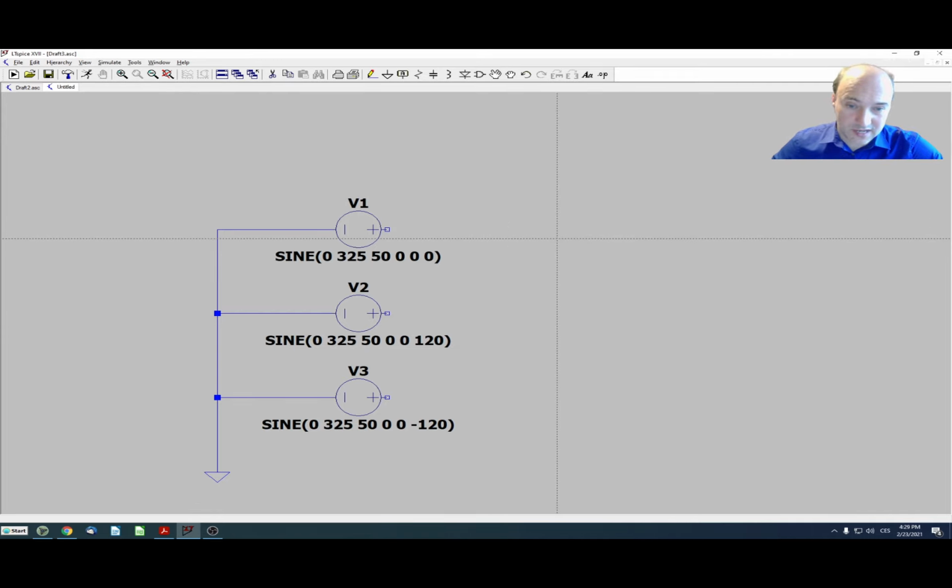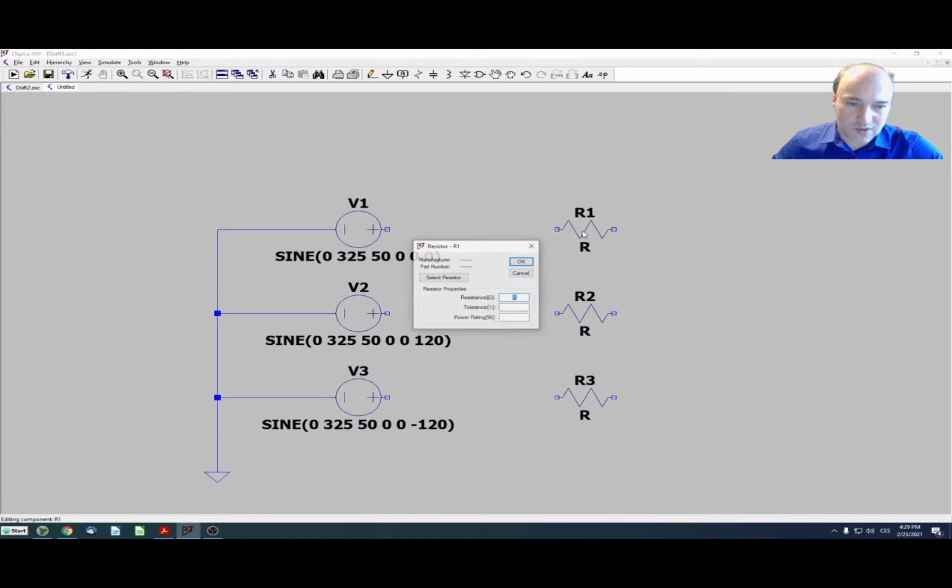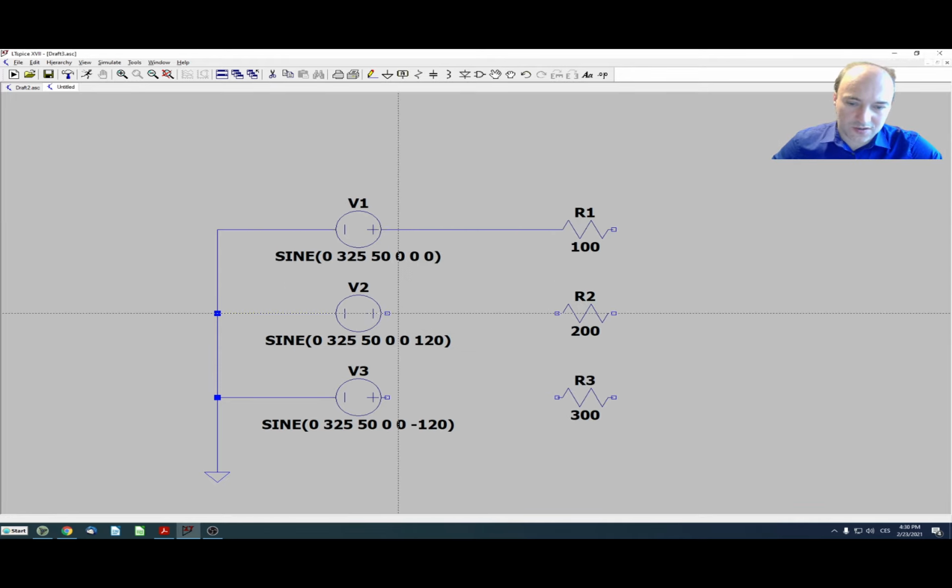And on the right side I will add my circuit. So I will use, for example, 3 resistors to define a load, and I will make this a non-symmetrical load. So every resistor will have a different value. So I will have here, for example, 100 ohms, here I will have 200 ohms, and here I will have 300 ohms. Now we just finish connecting the circuit like that,